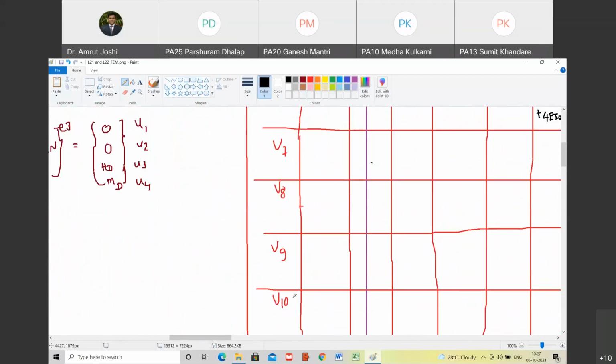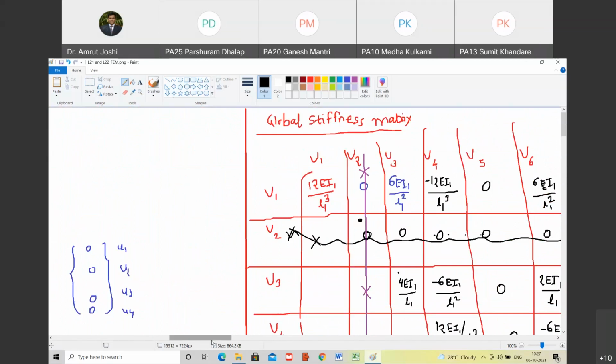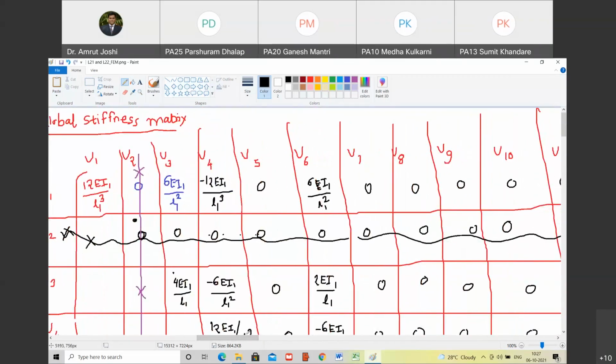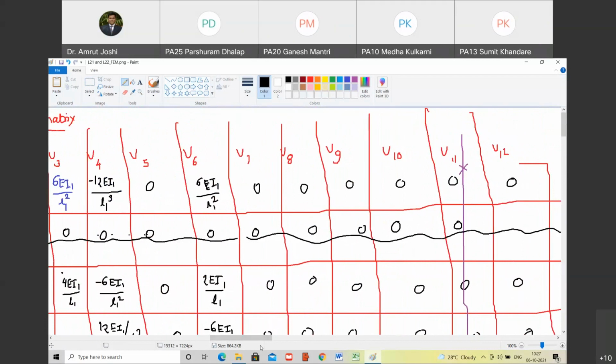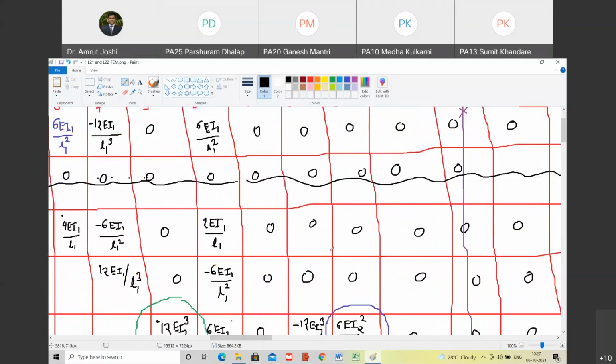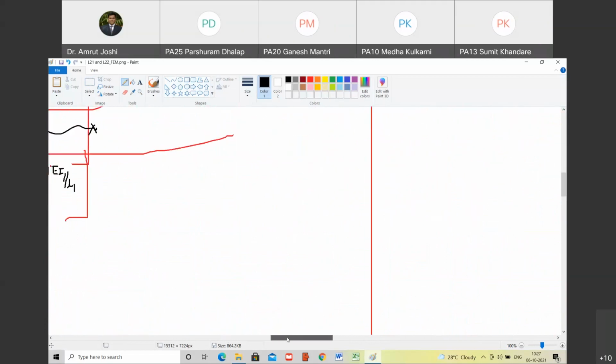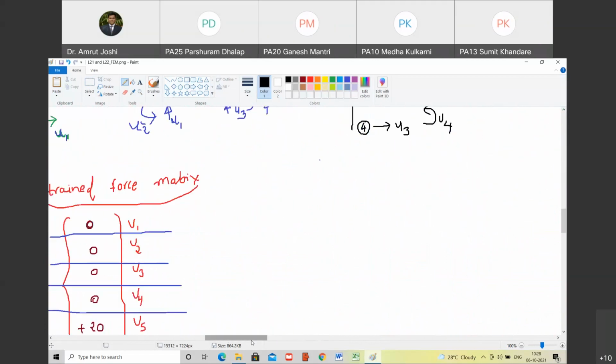So now can you tell me what is the size of K matrix? पहले कितने डिग्रीज ऑफ फ्रीडम है बताओ मुझे. 12 डिग्रीज ऑफ फ्रीडम है जिसमें से हमने 2 हटा दिए. तो पहले साइज क्या था? 12 क्रॉस 12. अभी क्या होगा? 10 क्रॉस 10. 2 रोज और 2 कॉलम्स गए तो साइज क्या हुआ? 10 क्रॉस 10.